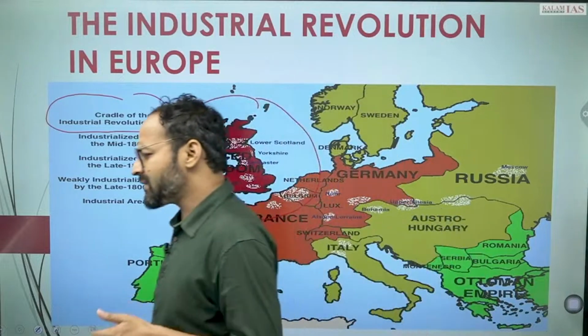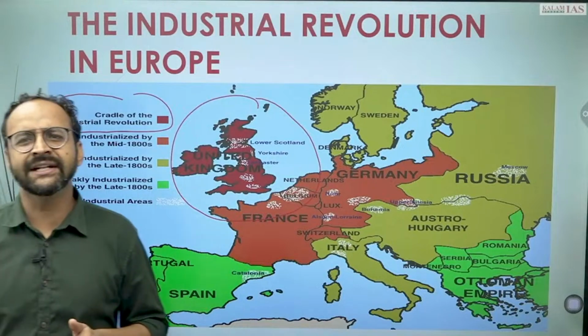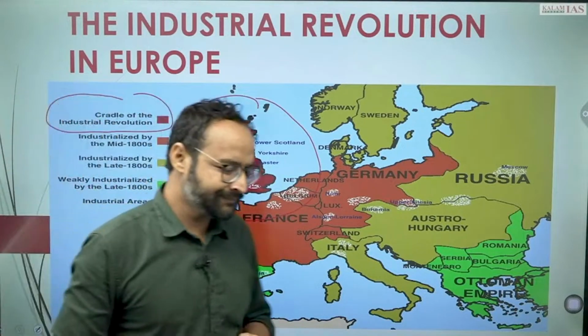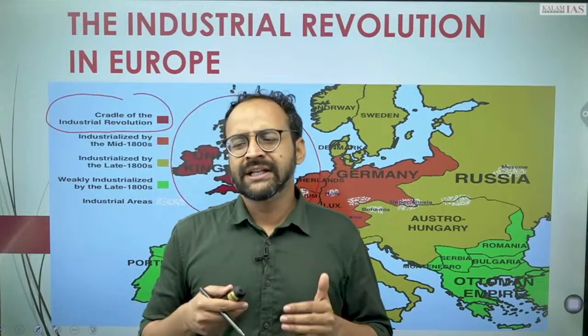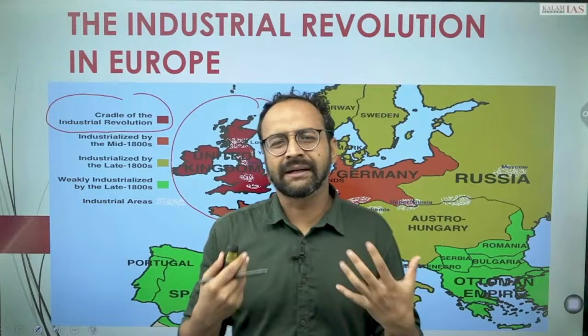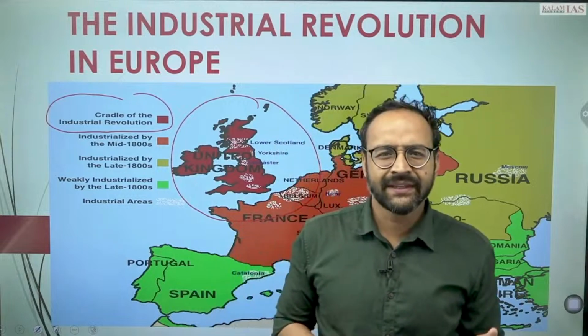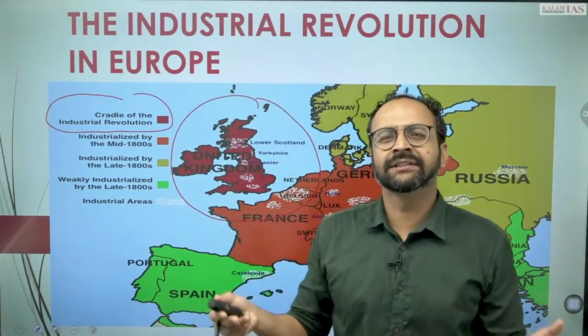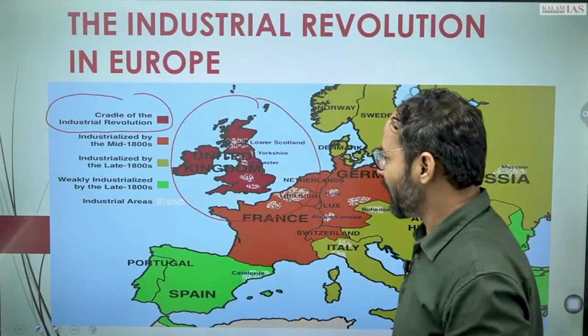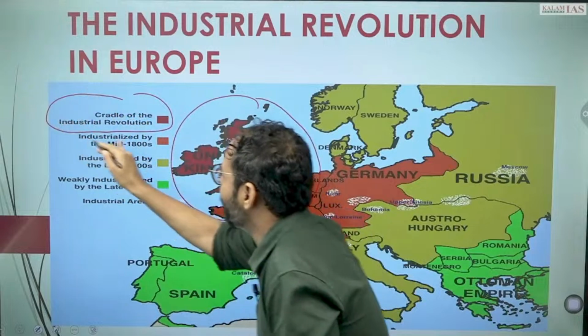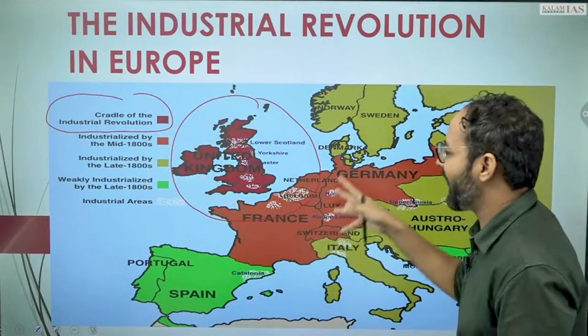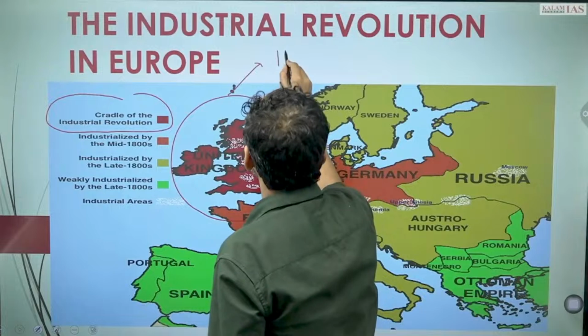There are certain things which were associated with the Industrial Revolution. They are the invention of the steam engine, the wool machine, spinning machines, the invention of electricity, and various other things like automobiles, railways, and all. So let's get to it one by one. The origin of the Industrial Revolution starts from here in the 1760s.